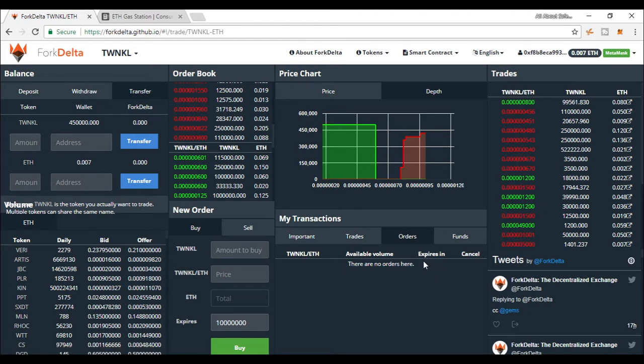However, when you want to cancel an order, you have to let the contract know to stop accepting trades for your order. That is, set the remaining volume of your order to 0. So a blockchain transaction is required, for which there is a network fee. Fork Delta will not allow you to perform a transaction if your wallet has less than 0.0025 Ether. The fees will directly be deducted from your wallet.